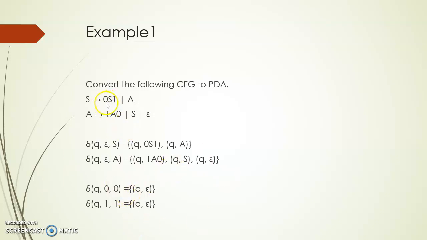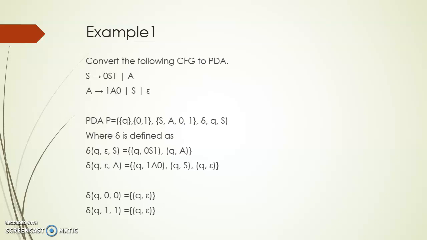So here the terminal symbols are 0 and 1. So 0 comma 0 means that 0 in the input string and 0 at the top of the stack. Then you have to perform a pop operation; epsilon indicates that you are performing pop operations. So that's it. Now consolidating and writing the 7 components, here is the final answer.